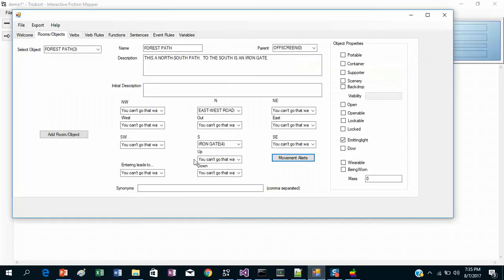So let's go to our farm field here, and let's think about why we wouldn't be able to leave the field. Maybe there's like stone fences around all the sides except north. So what I'm going to do is add another object, and I'm going to call it stone fence. And I'm going to make it a scenery object, and I'm going to put it in the farm field, and I'll say